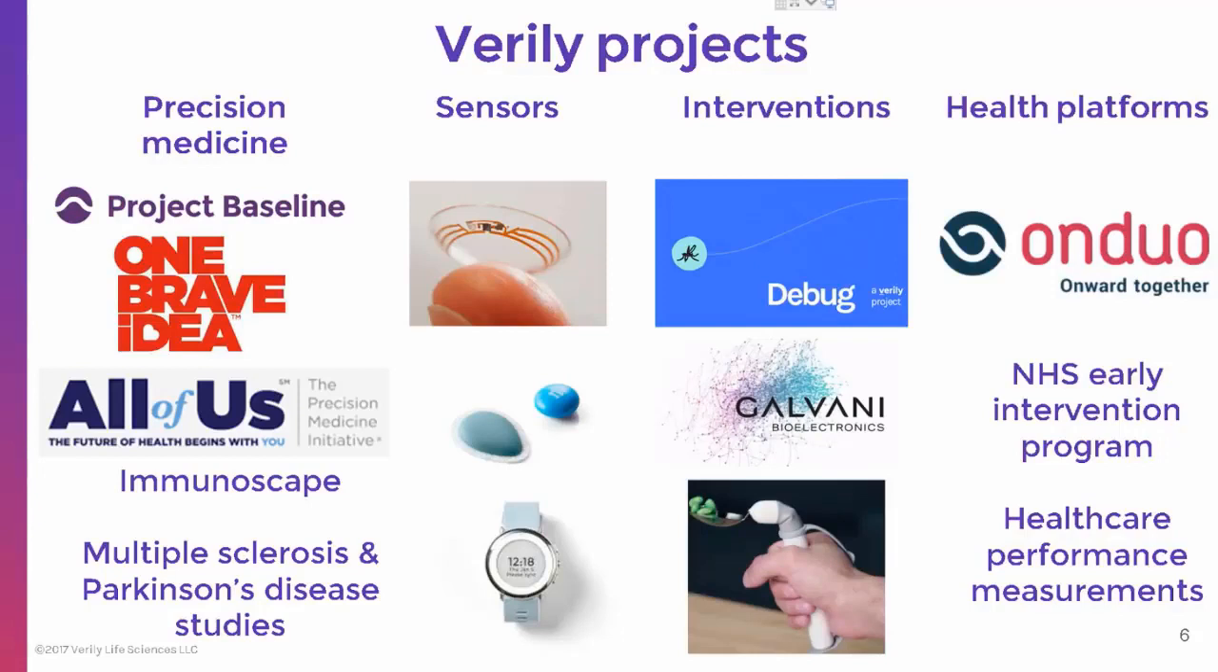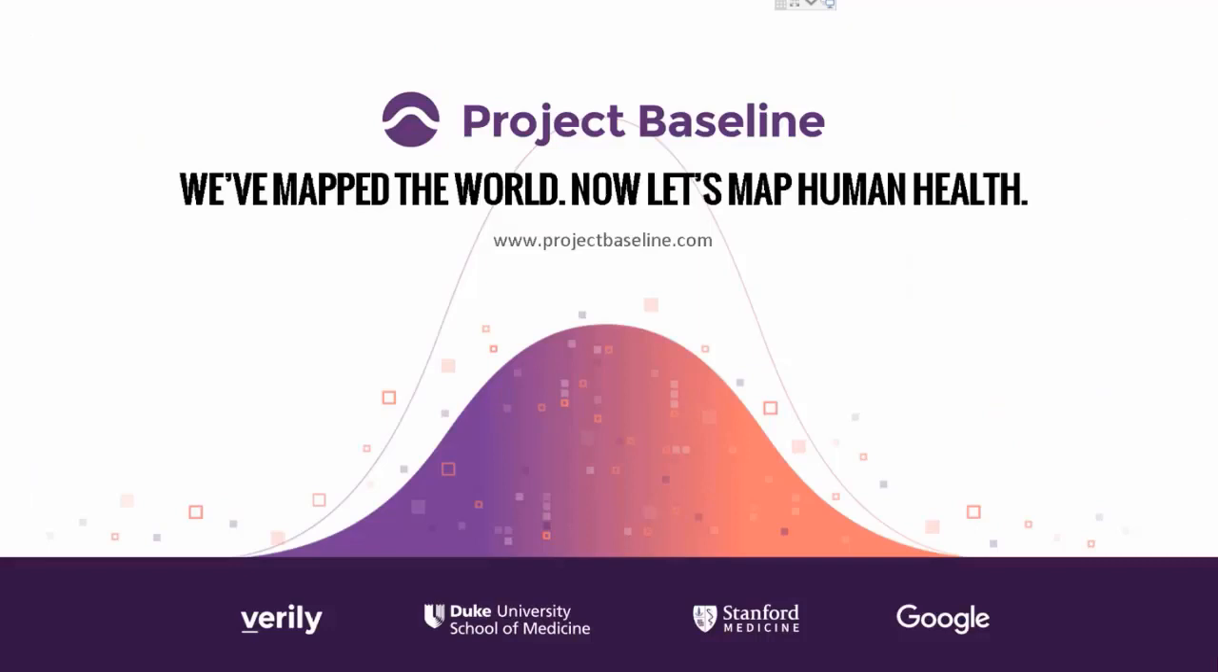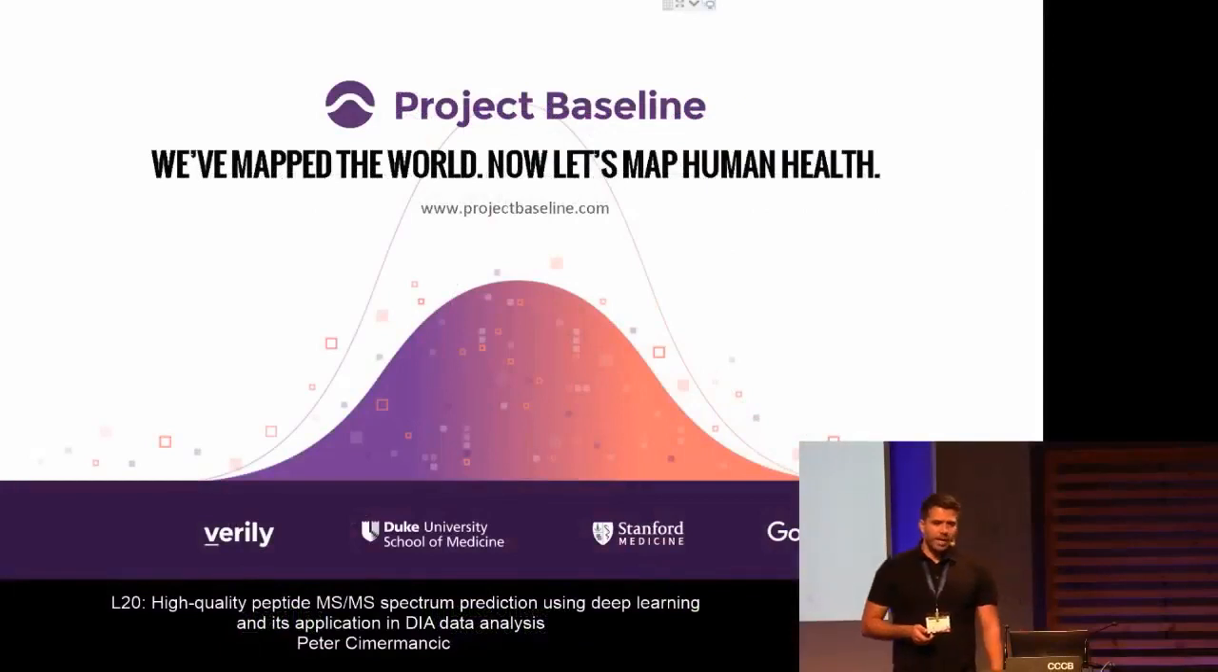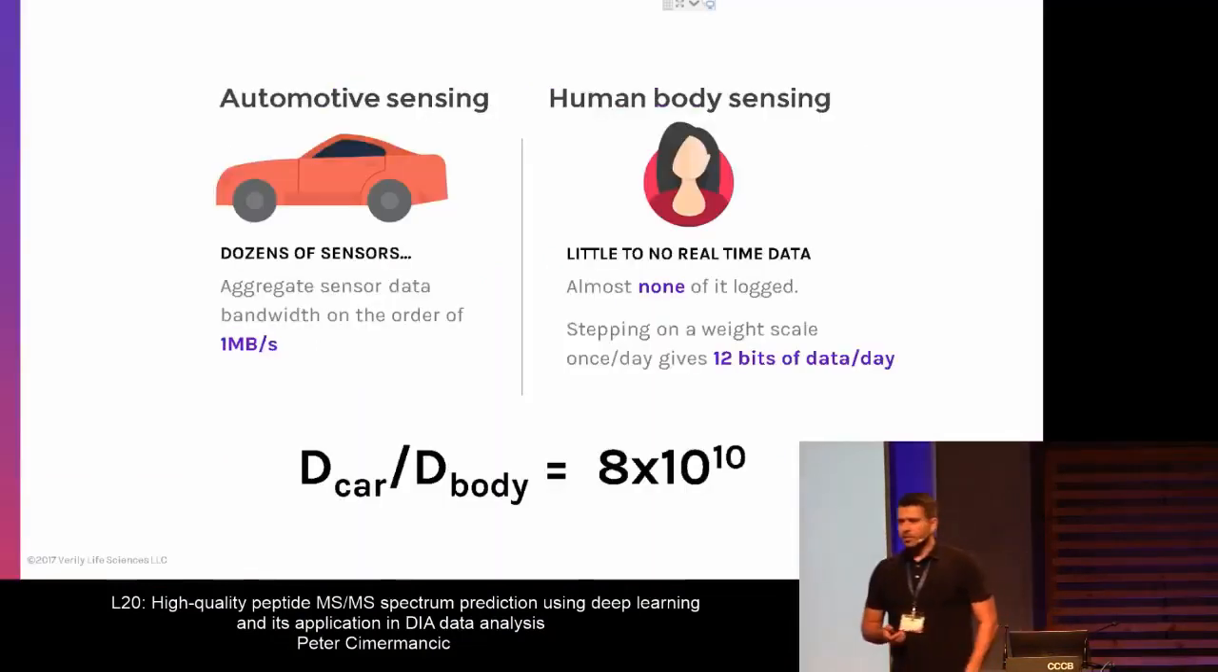But I wanted to focus just for a little bit on the project Baseline, because I think it's the most relevant for the audience here. The goal of this project is to map human health. Some of the questions that we would like to answer include: what makes us healthy? Or can we detect diseases early on? The motivation behind this project is here. So we have